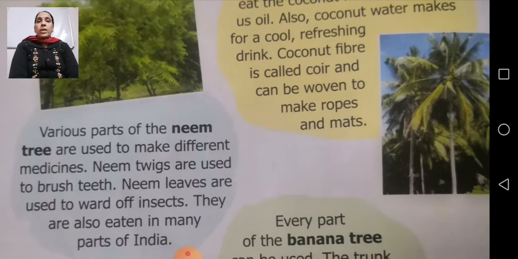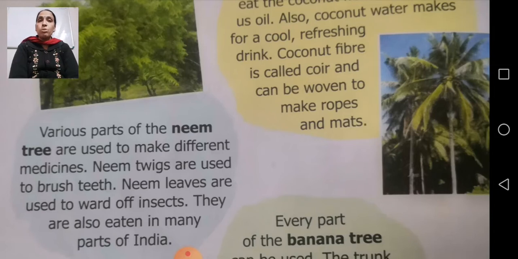Neem is very good for our skin. From neem leaves we also make syrup, and that Safi syrup which you have heard of is made from these neem leaves only, and it is very good for the purity of our blood. Whatever kind of impurity is there in your blood can be cured by the syrup of neem.